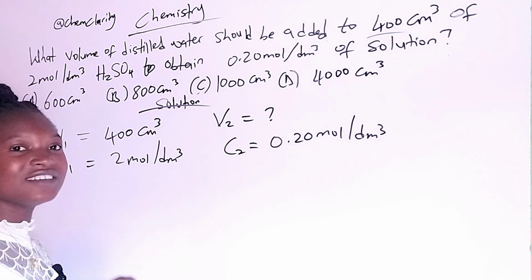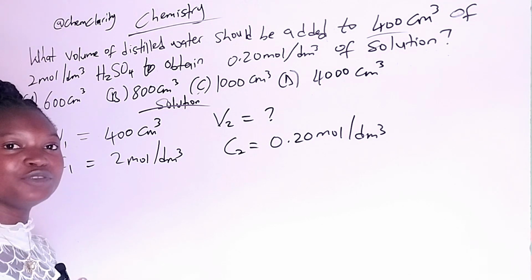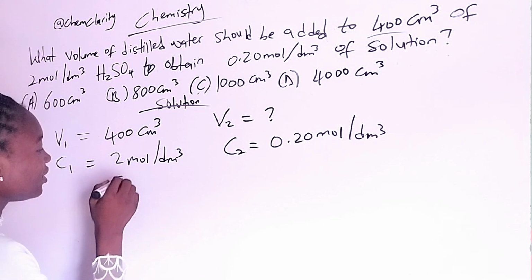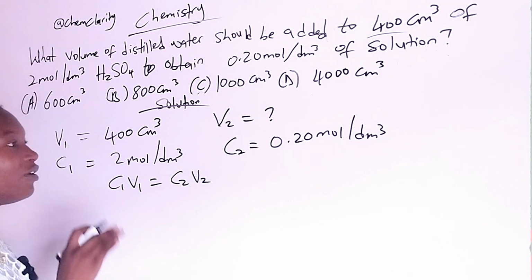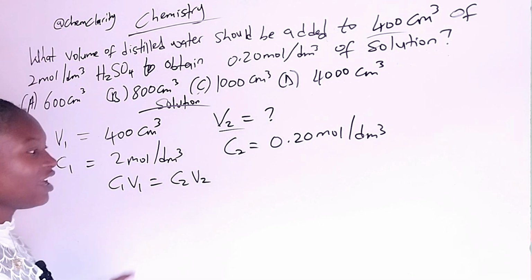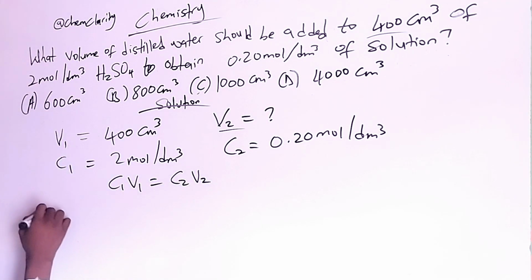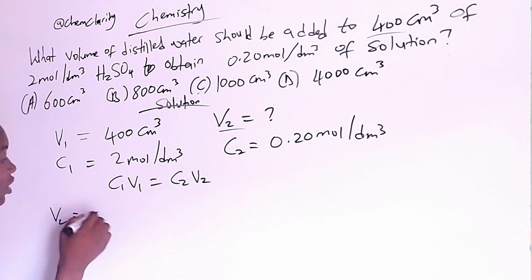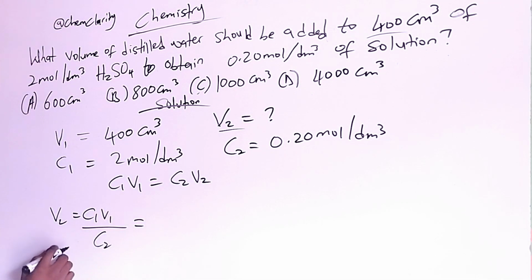Now, looking at the parameters, the most suitable formula that you can use here is the simple dilution formula, which is C₁V₁ equals C₂V₂. From the parameters, that means I'm looking for V2. Then you make V2 the subject of the formula, which is V2 equals C₁V₁ over C2,